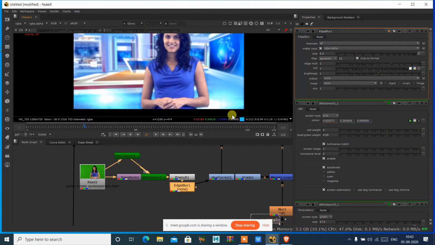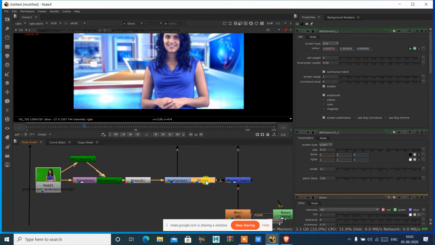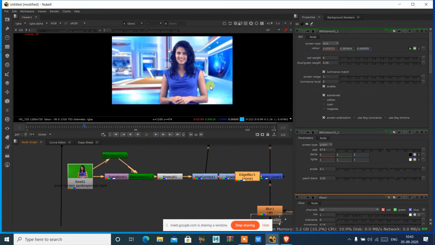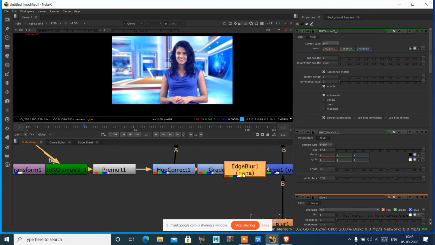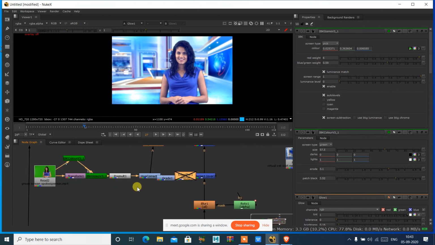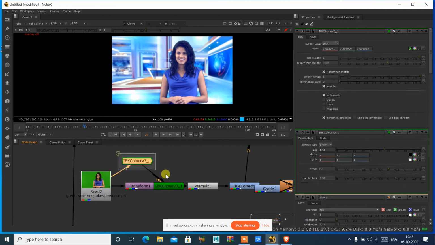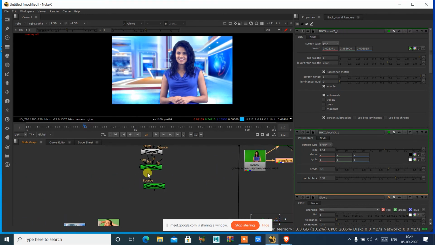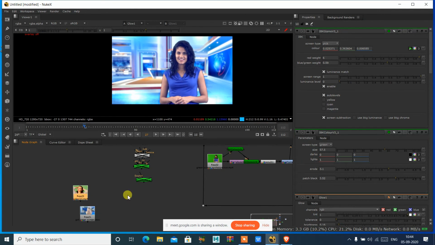Okay, so you can use this edge blur after this also. So for any of the tools, if you want to use that edge blur, you can use that. So it will blend nicely with this background. Okay, so some tools which don't have this edge control, at that time you can use this edge blur, so that will be helpful for you. Okay, so these are the tools which you can use to remove green screen from the footage. So any green screen you want to remove, these are the tools you can use.